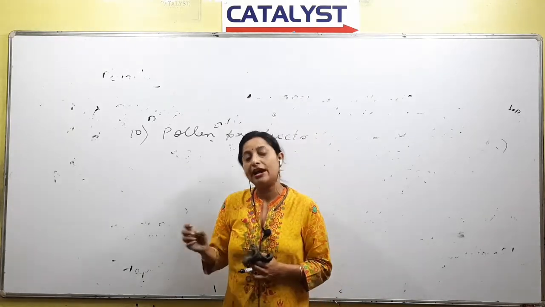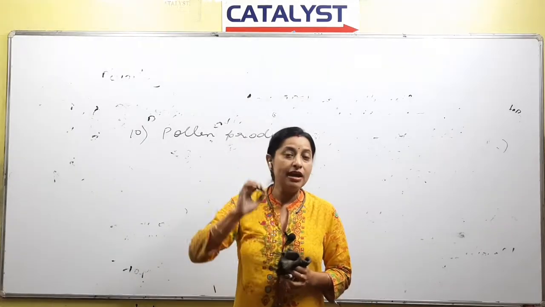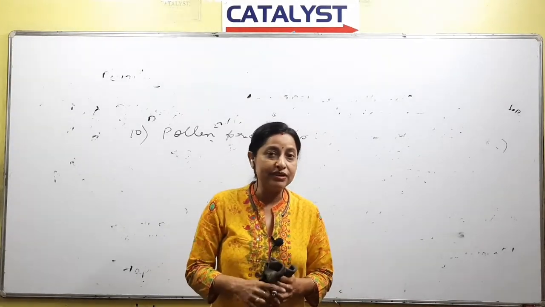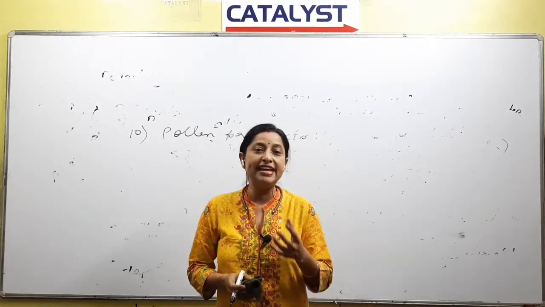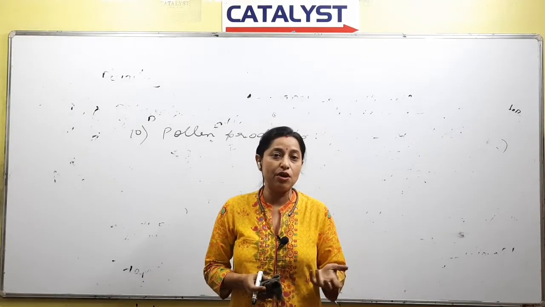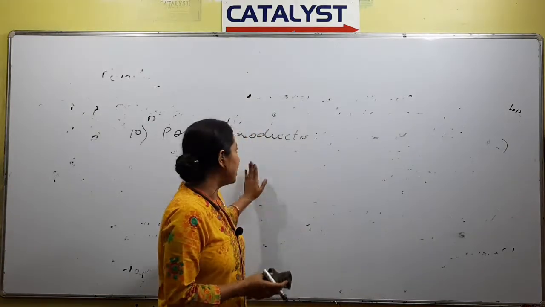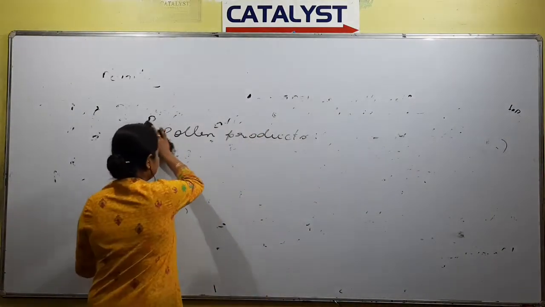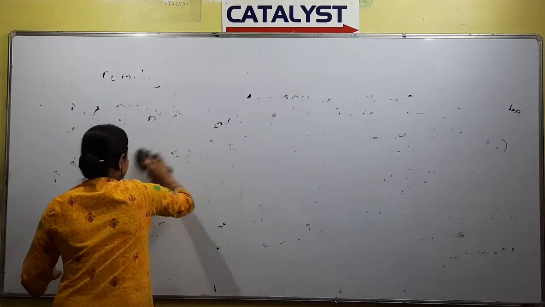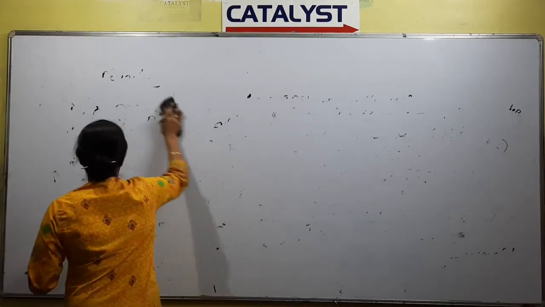As far as food supplement is concerned, why do we use pollen grains? Because they are a rich source of many essential nutrients, vitamins and carbohydrates, right? So because of these, some pollens we use as food supplements too. So these are the points, and lastly we have to remember